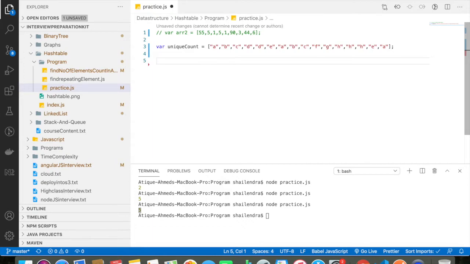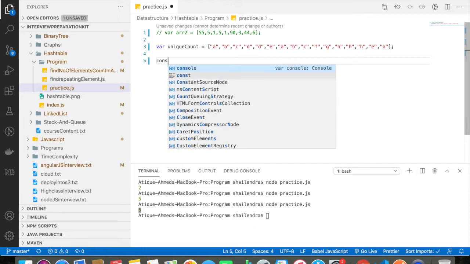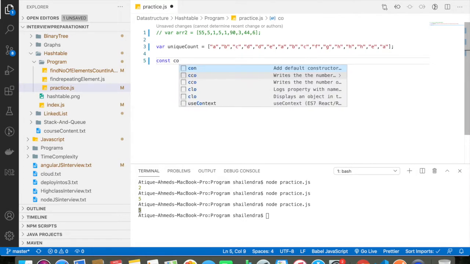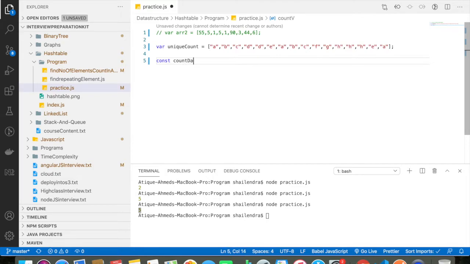I can have a simple function using ES6. I can say const count, which takes a data array, and here I can have var obj, which is an object.